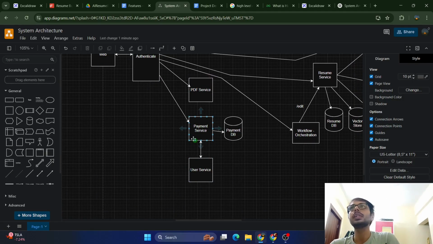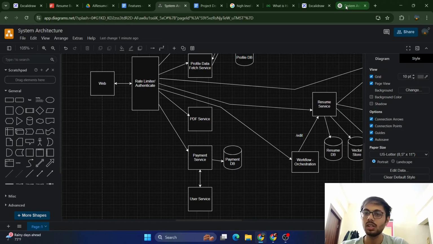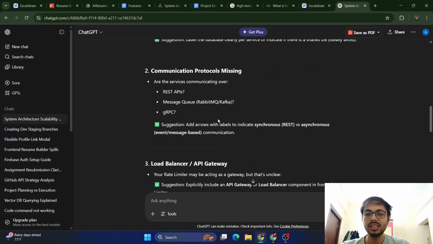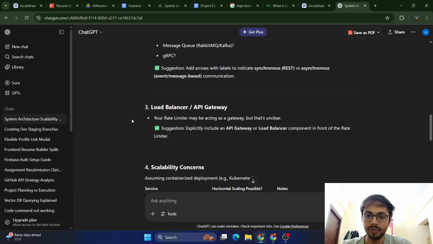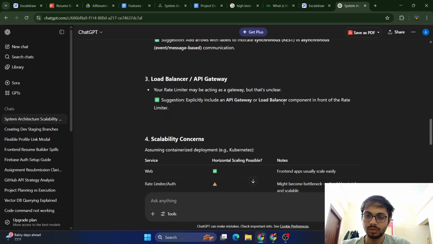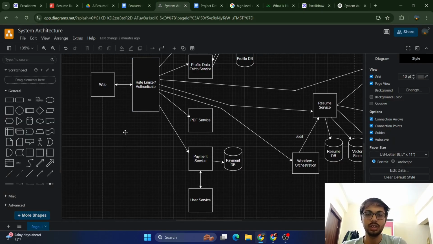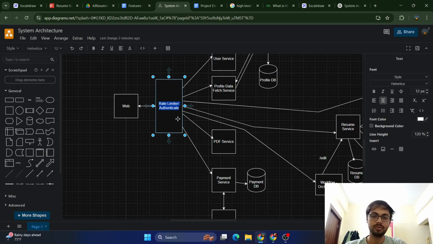पेमेंट सर्विस में हम लोग पहले पेमेंट लेंगे, then यूज़र अपडेट करके पेमेंट वापस से डालेंगे, पेमेंट का रिस्पॉन्स वापस से देंगे। तो this is done। तो बेसिकली we are just using REST APIs only, and मैसेज क्यू अभी तक एक ही जगह पे है। लोड बैलेंसर, rate limiter में भी एक्टिंग। तो हाँ, हमारा गेटवे ही है रेट लिमिटर, हम लोग उसको गेटवे भी लिख देते हैं साथ में, गेटवे।